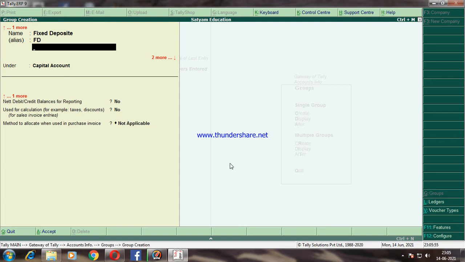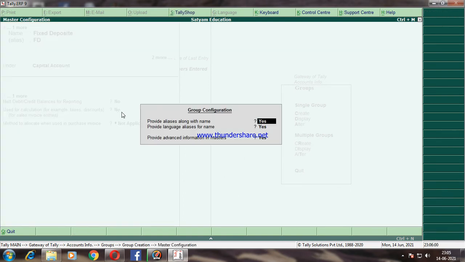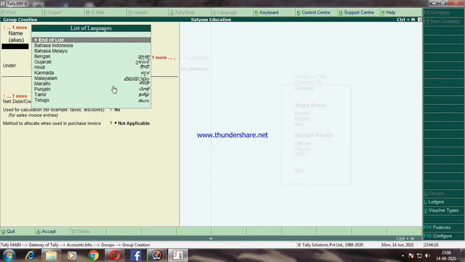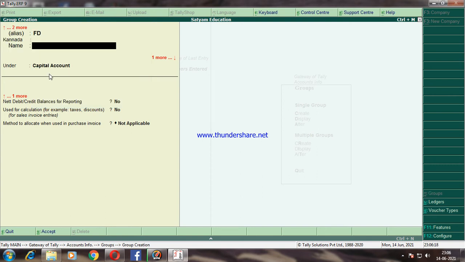Or if you would like to enter the aliases in other languages, again go to the configuration. Here provide aliases for name, click on S, press the Enter key. Now it will display the list of languages. Select the language. Now I will select Kannada. Here it allows you to enter the nickname in Kannada.